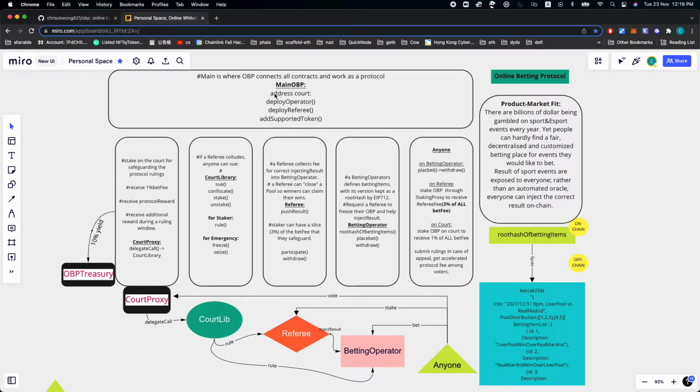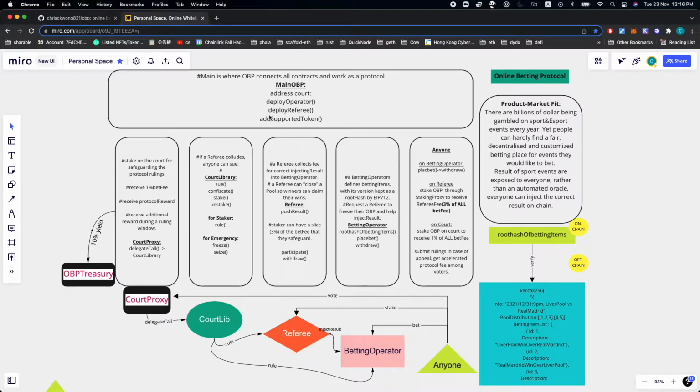We would have a court, which has the address hard coded in the main contract, and for any person who wants to deploy an operator, meaning that they want to host a betting event, they would deploy it here, and the operator they deploy would have the address also updated in the main OBP contract. So all the listeners, all the people, could listen to the deployment